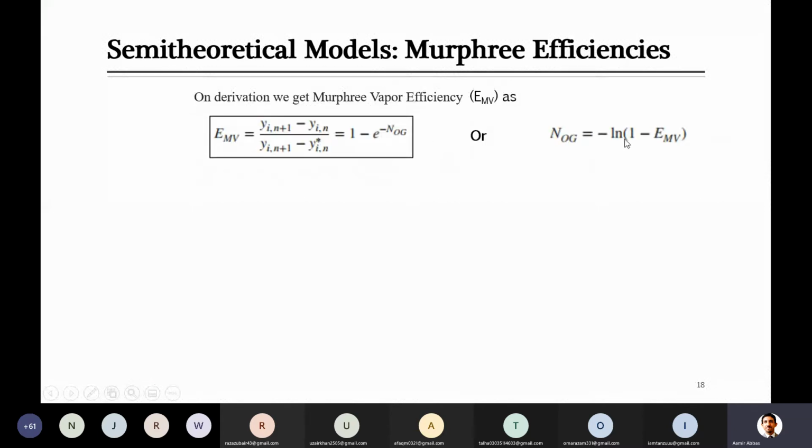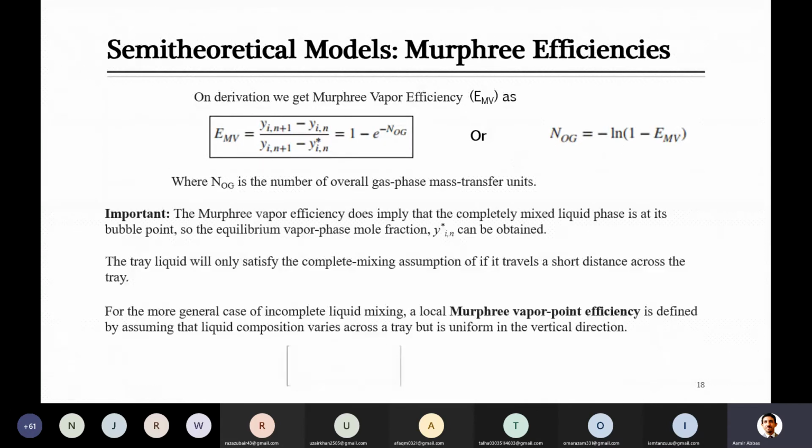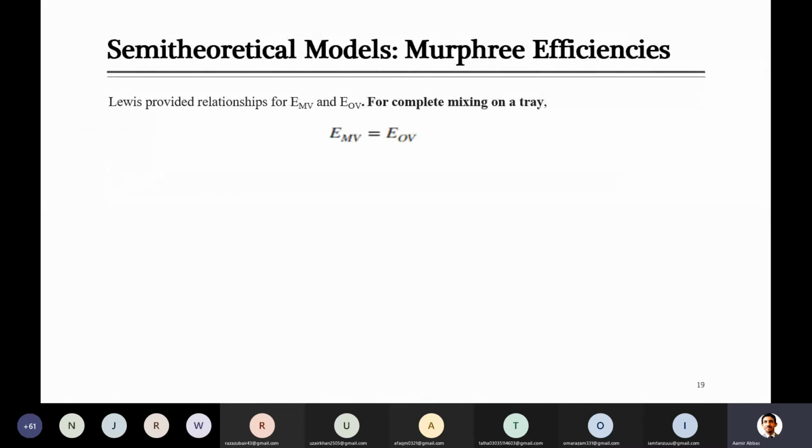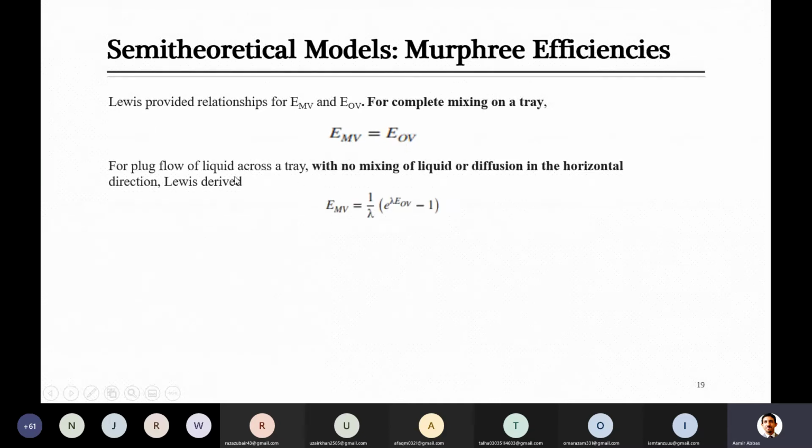So if we can find the efficiency by using this equation, that can be linked with the efficiency of the complete column. And in between we discussed some of the cases. That equation was developed based on the condition that there is complete mixing on the surface of the tray, and in that case vapor point efficiency was considered equal to Murphree vapor efficiency, or the efficiency of one complete tray. And if there is no mixing, completely plug flow, then in that case there was another equation.